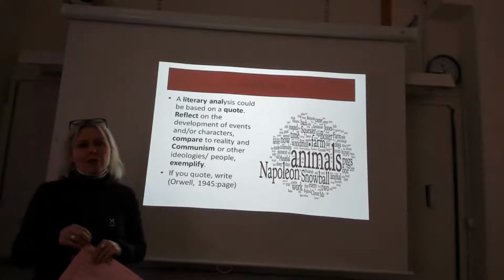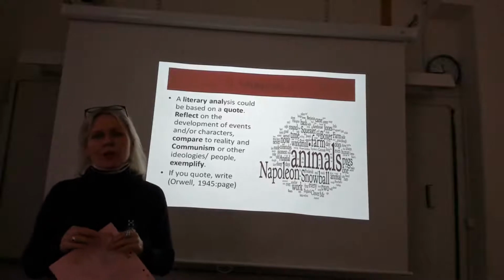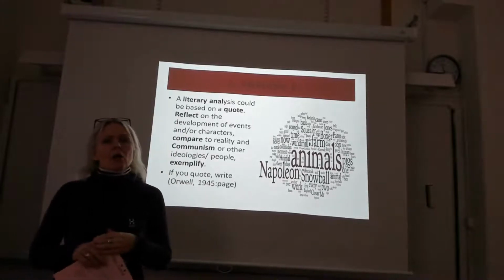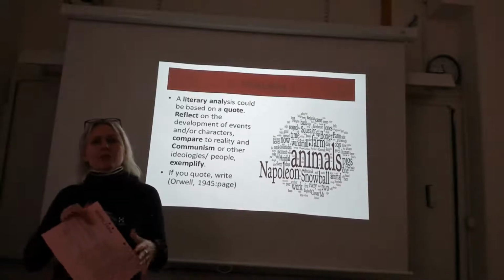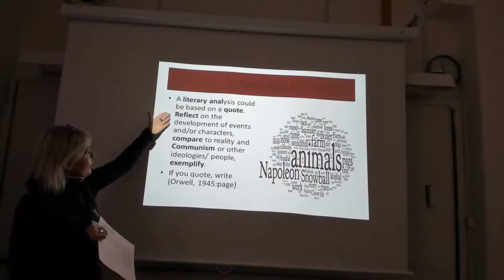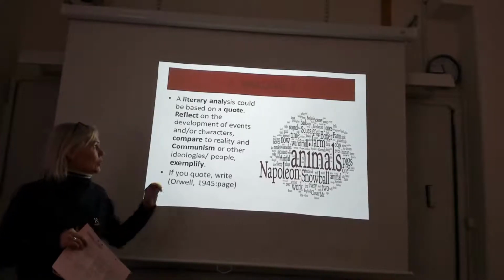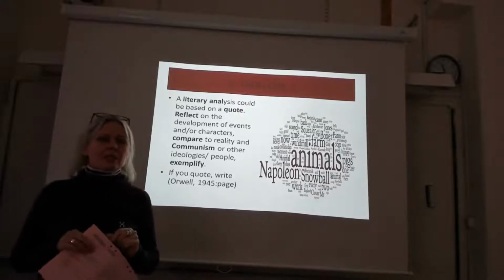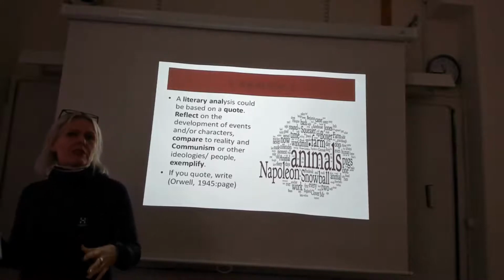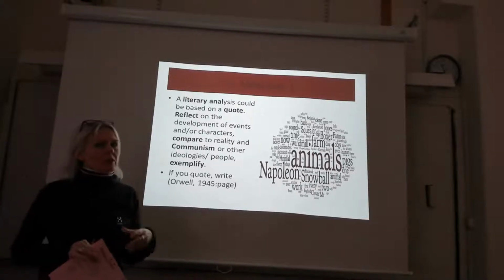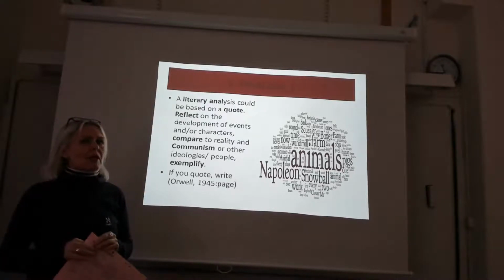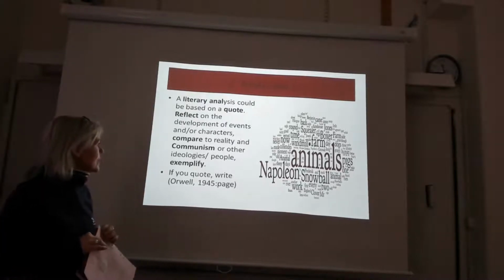The third paragraph is the key or the crucial part of your text, where you choose either a quote or you describe something or some things from the book that you will discuss. A quote which you reflect on and compare to reality. What do they say in the book, and what are the real events within communism during Stalin, Trotsky, Lenin, Karl Marx, what happened in the Soviet Union at the time that this book takes place.